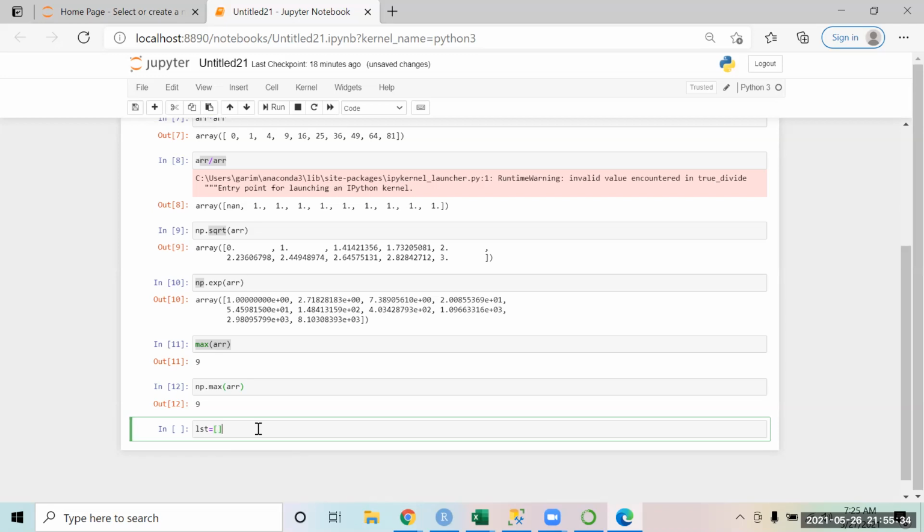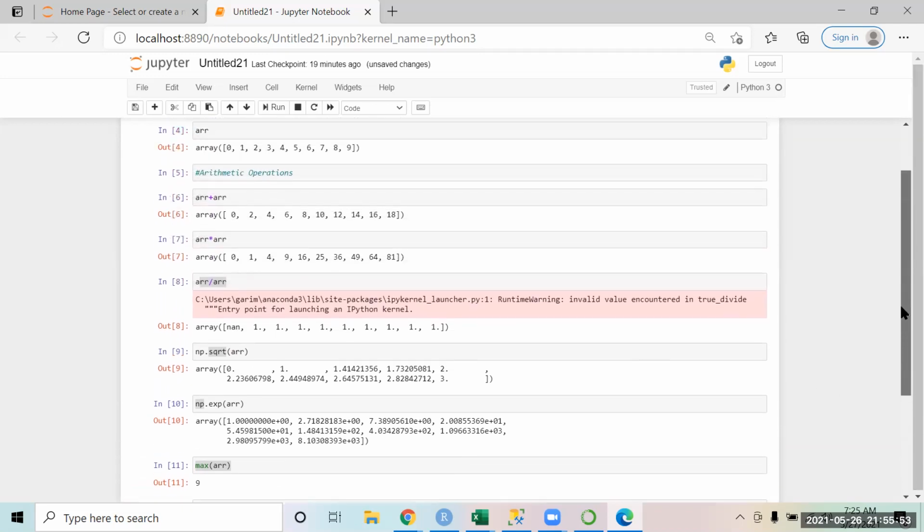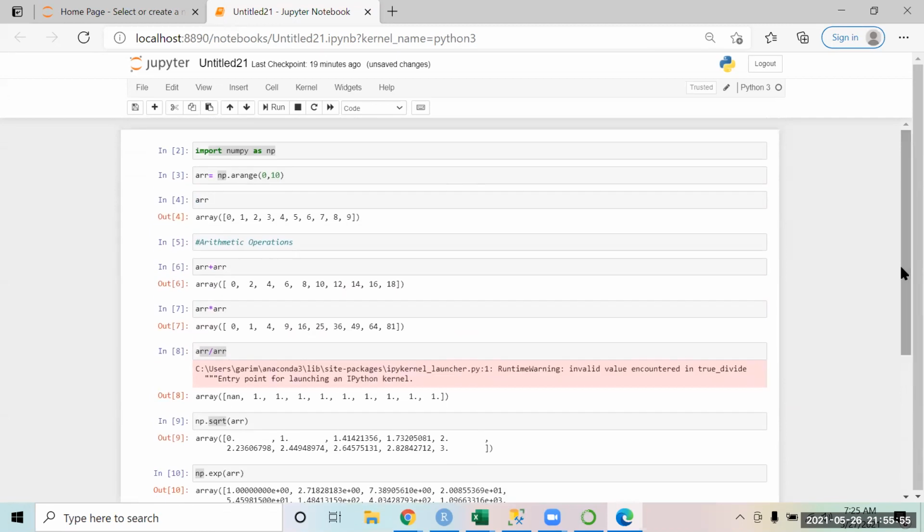I can get a list with a string, suppose 1, 2, and in the same thing you can put ABC as well. This is a list just storing a number of data points. But the array won't accept that. An array will only take numbers. If you try to create this into an array, you won't be able to do it.